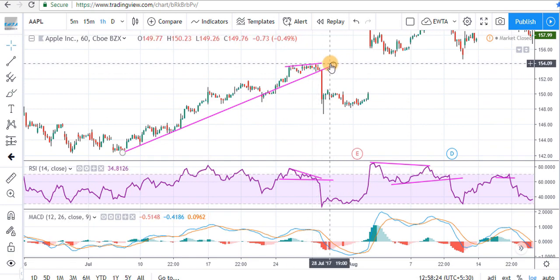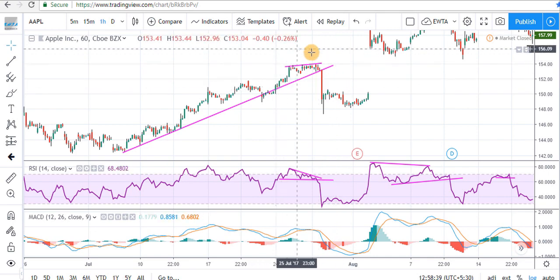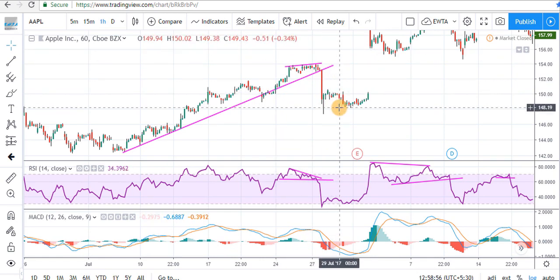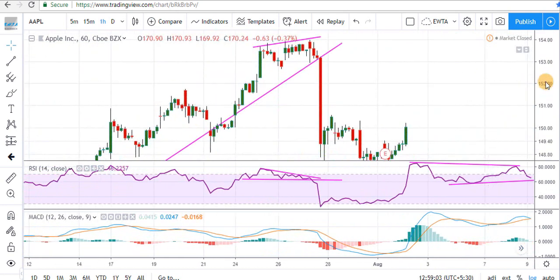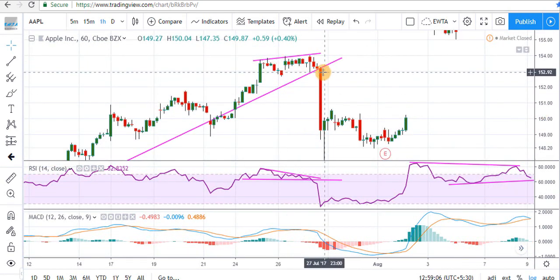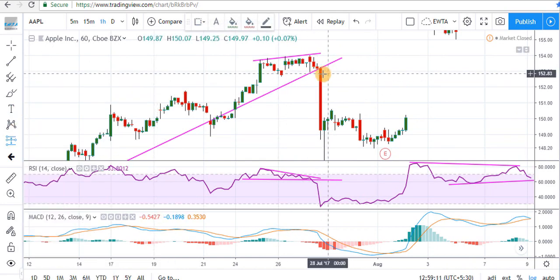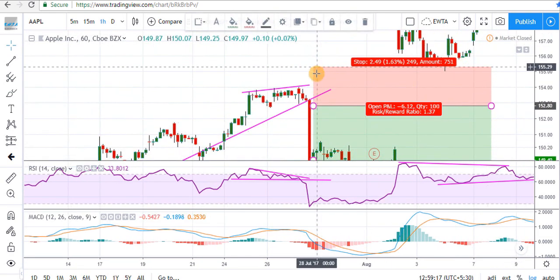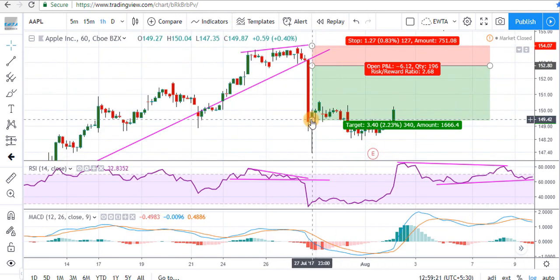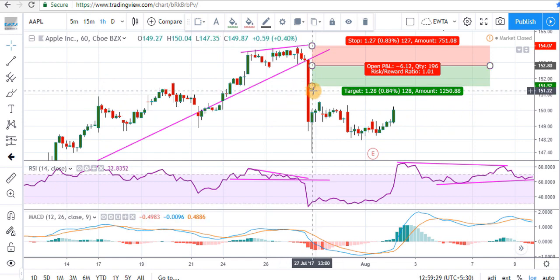We will place our stop loss here, and initially I would suggest to set the target level at 1:1 risk to reward ratio, because we are trading in opposite direction. That is always our riskiest position. So see, in this case this was our entry level, and if we are making entry here, this will be our stop loss level, the high of this candle. So initially we will set our target at 1:1 risk to reward ratio. So this is our target level.